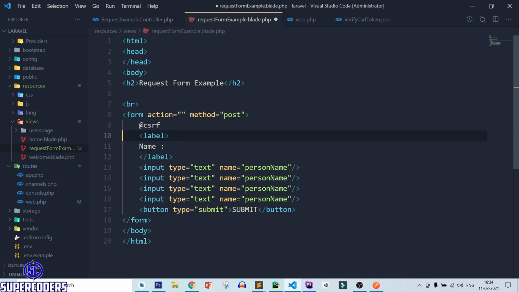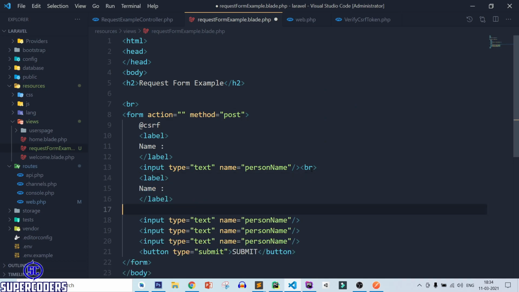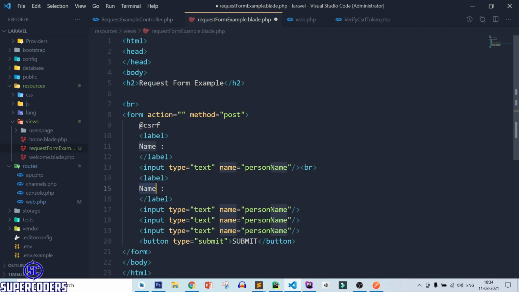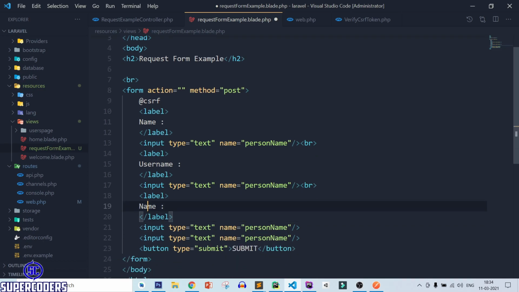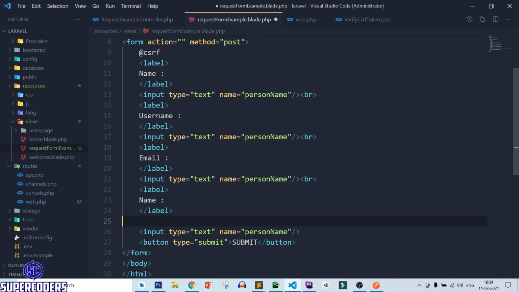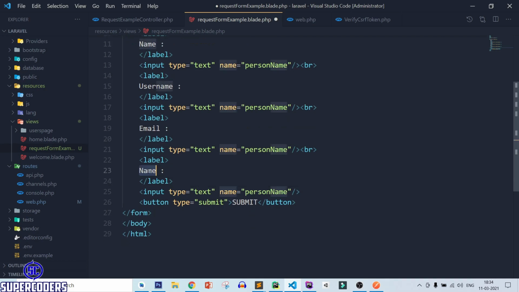Username, br, username, br, email, br. After that, password and br. Save this form.